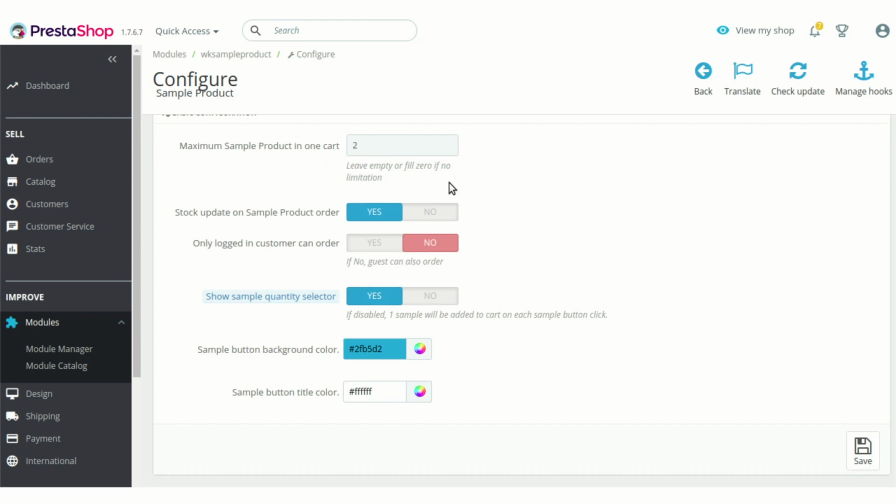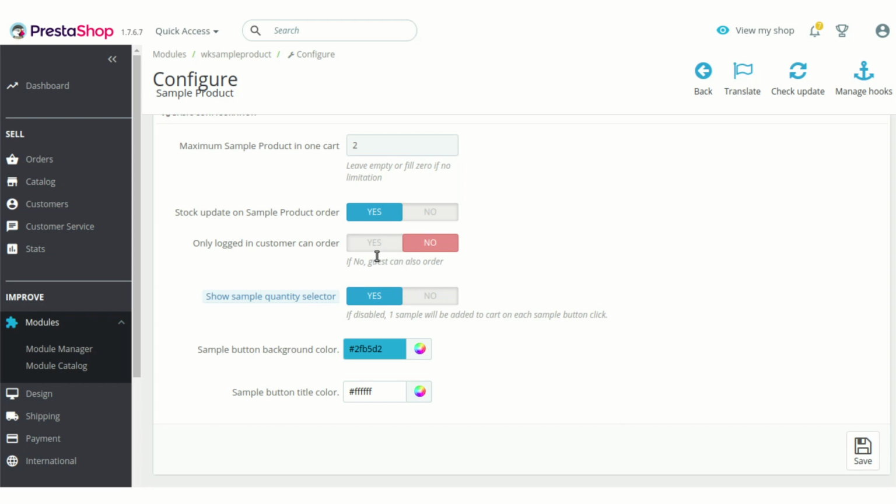Then next is stock update on sample product order. Whether you want to update your stock on the order of a sample product or not, you can simply enable or disable that. Then next is only logged in customer can order.